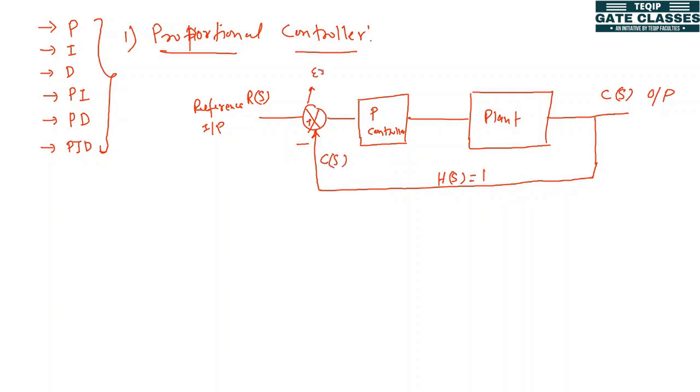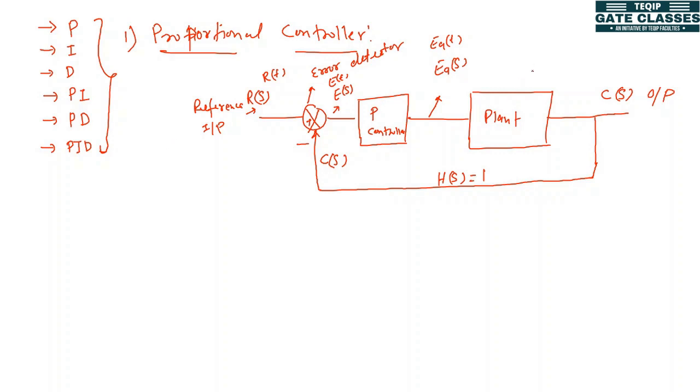This is the error detector, and the difference of the reference input and the feedback signal is called the error. So it will generate the error, that is E(s). We are showing it here in the frequency domain. You can also consider e(t) in the time domain, r(t) the reference input in the time domain. Then this is the actuating signal, Ea(s) in the frequency domain and ea(t) in the time domain.